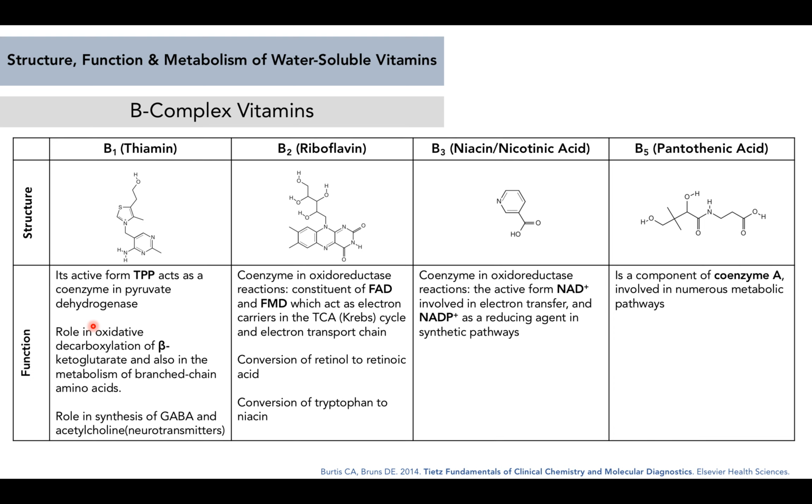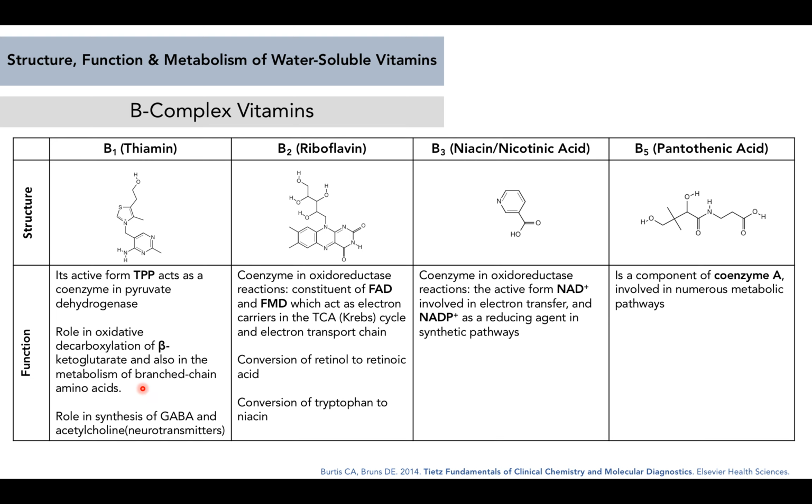pyrophosphate, and it is very important as a coenzyme in pyruvate dehydrogenase, which is involved in the decarboxylation of alpha-ketoglutarate and also in the metabolism of branched-chain amino acids. Now, thiamine is also involved in the synthesis of neurotransmitters like GABA and acetylcholine. So neurotransmitters are substances that our neurons or our brain cells require in order to transmit signals, and those are